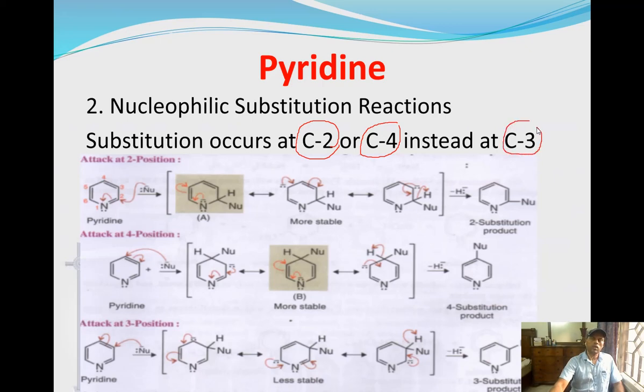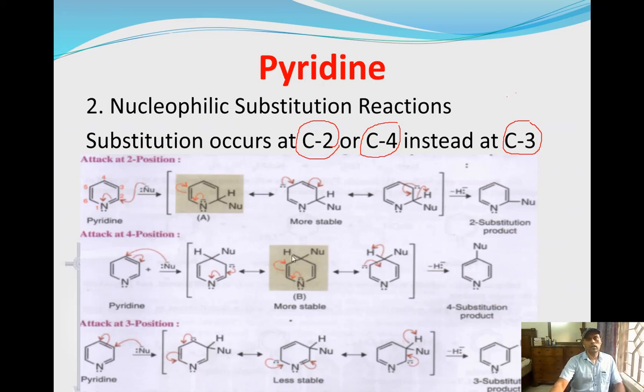In the case of electrophilic substitution, the substitution took place at C3, but in nucleophilic substitution, substitution is going to take place at C2 or C4. To give the reason why it takes place at C2 or C4 instead of C3,